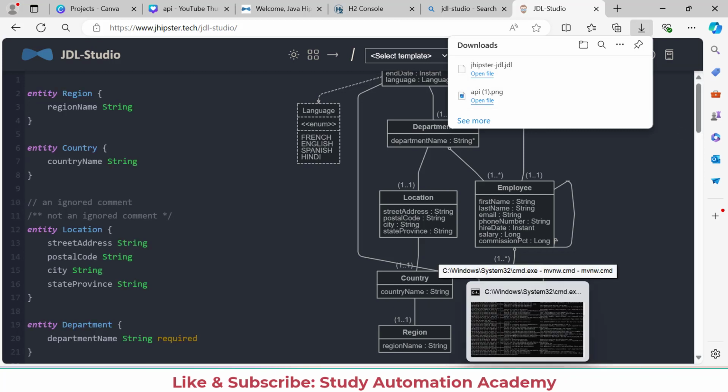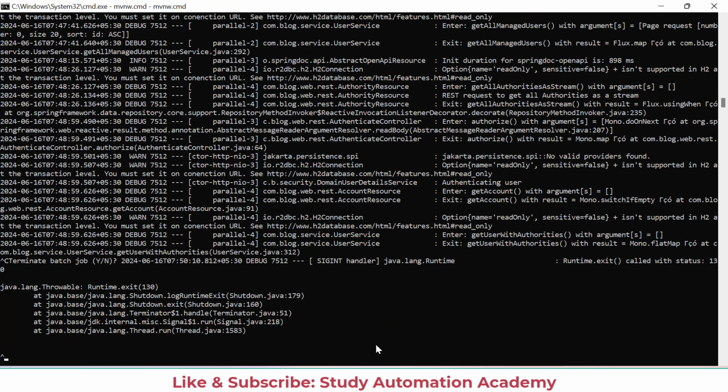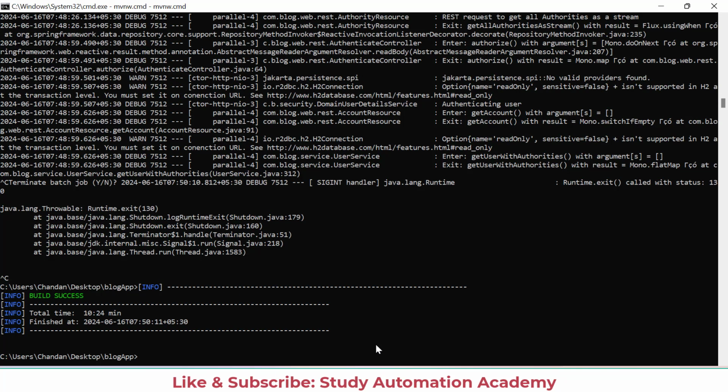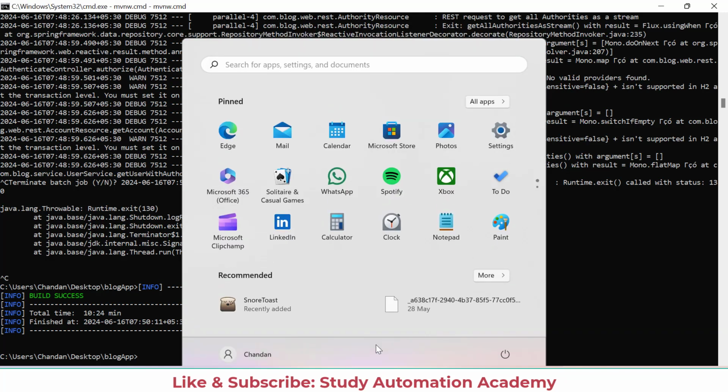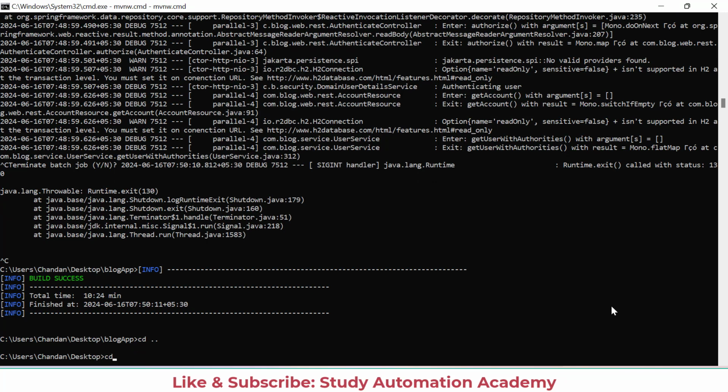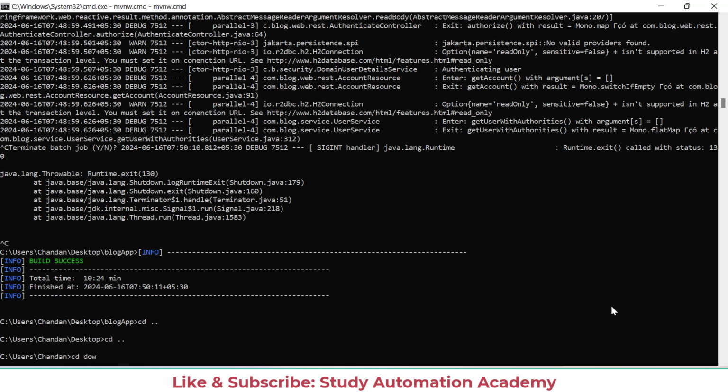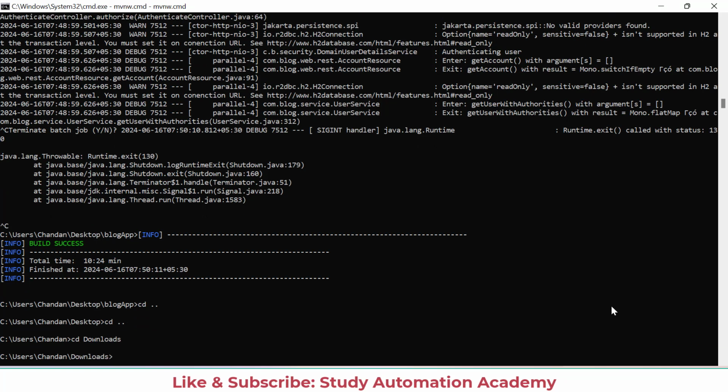Now I will open my command prompt. I'll first close it, since it's already running. Now I have to go to the download location, cd downloads, and here we have to write jhipster --no-jhipster-import-jdl, then --force, and then write your JDL name.